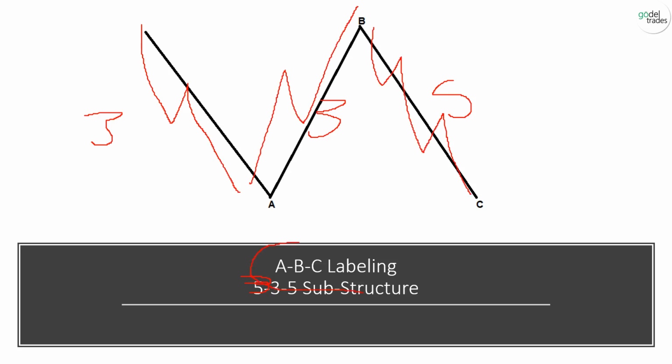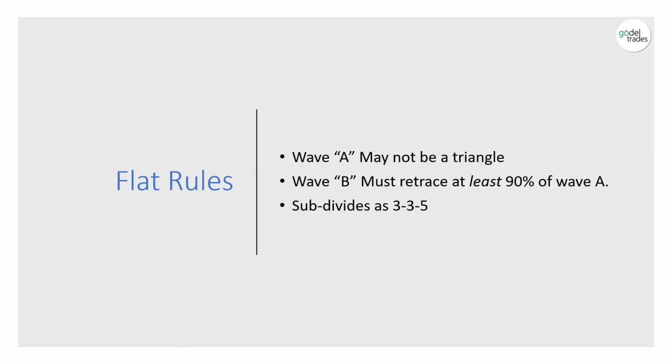Still an ABC labeling structure. Some of the rules of a flat: your wave A cannot be a triangle. Your B wave must retrace at least 90% of wave A. So if we're coming out of a bullish impulse, down in A, up in B, B must get to a 90% retracement